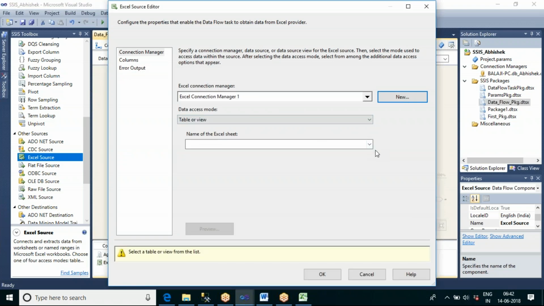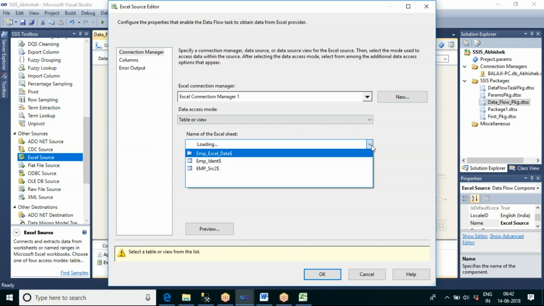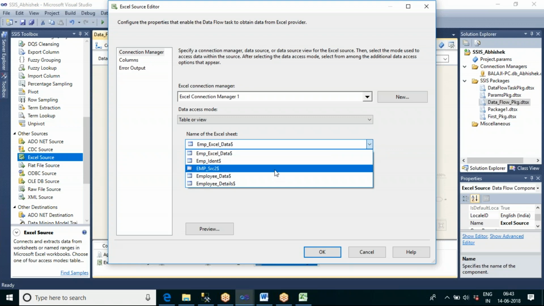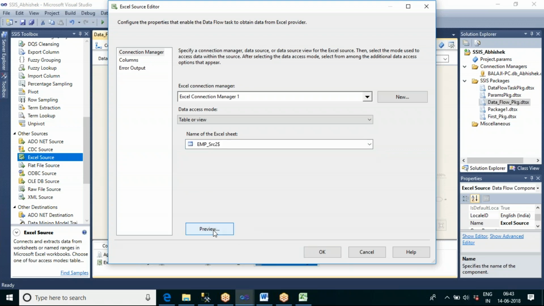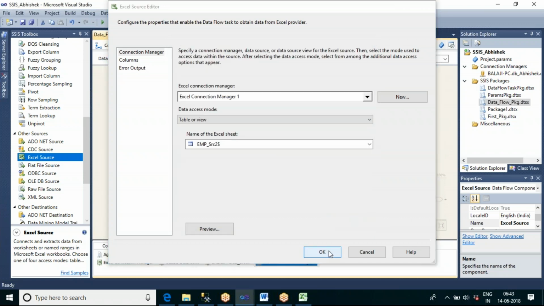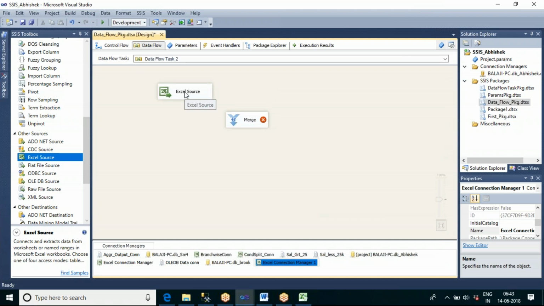And in this Excel file, do we have multiple sheets? What is the sheet name, which sheet data do you want to load? So let us select the sheets. We have the emp underscore source 2 sheet showing here. You can see the Excel sheet names will always be appended with a dollar sign. Let me select that, and preview the data. Now you can see we are able to see 8 records. Now my first source is ready, and it contains 8 records.